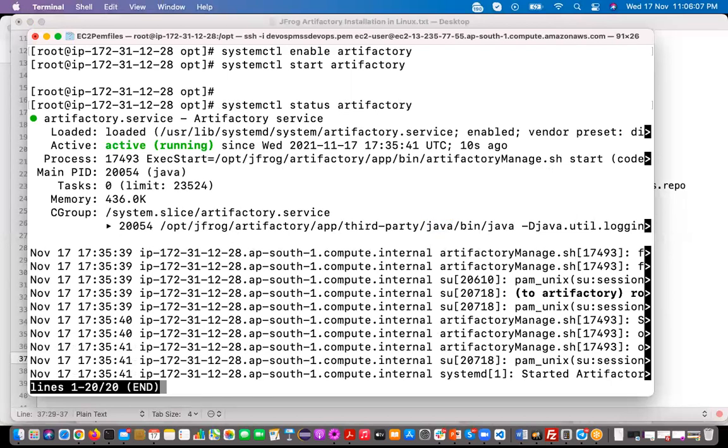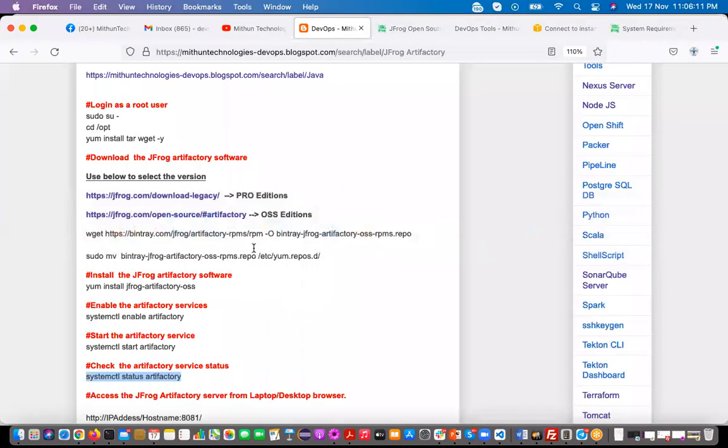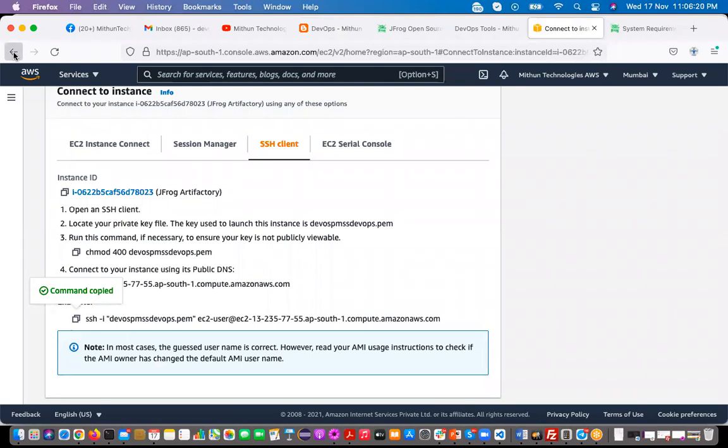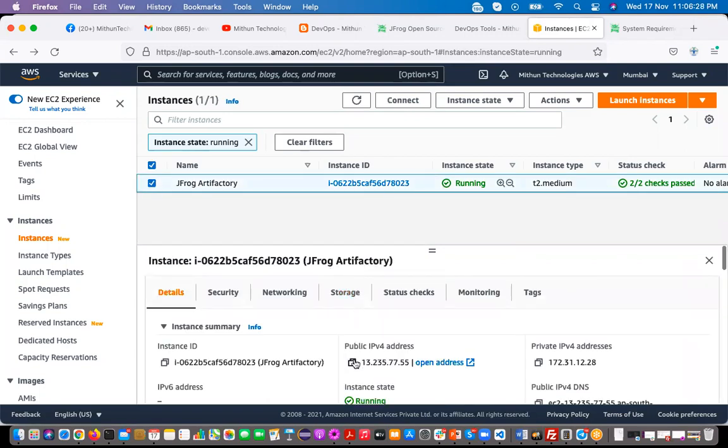So now you can go and access this JFrog Artifactory from your laptop. For that, first you have to take the server IP address where you have installed it, that Linux server IP address. Select that server. Okay, so take this public IP address.